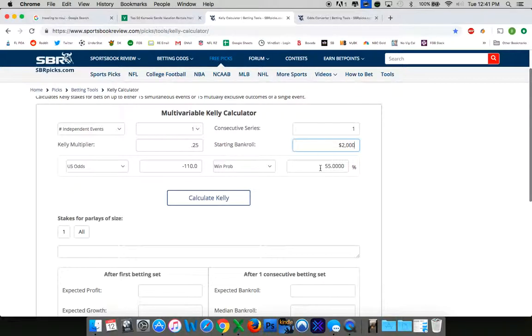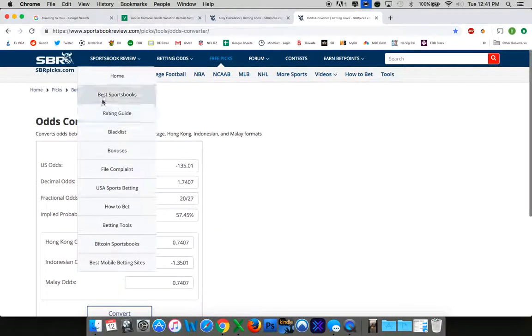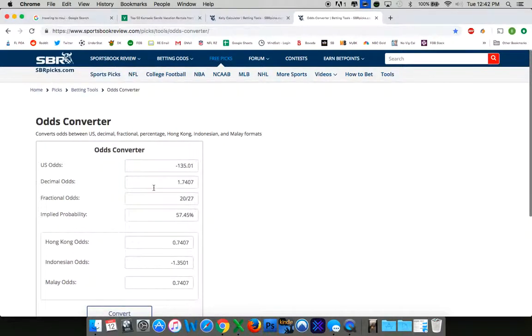So what you will need to do is come up with your own probability of how often you think Patrick Cantlay would beat Sergio Garcia. So you'll have to have that in a percent. If you don't know how to do that, you can Google odds converter. There are a million of them. I just took the one that's also on SBR Forum. And say you think Patrick Cantlay, so this way if you don't have a probability, let's just say you think Patrick Cantlay should be minus 125. So you can type in minus 125, enter, and it spits out